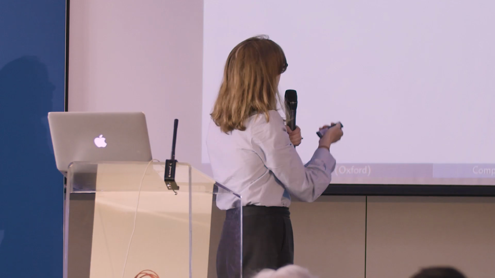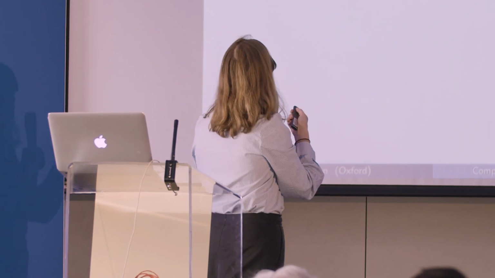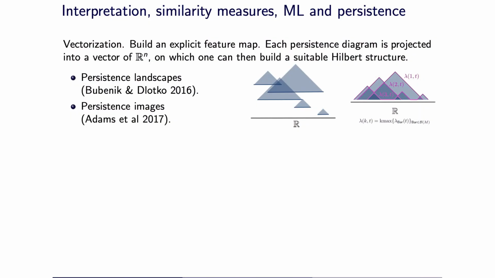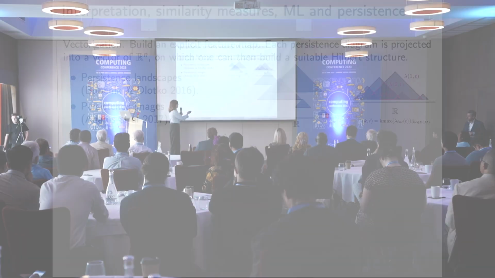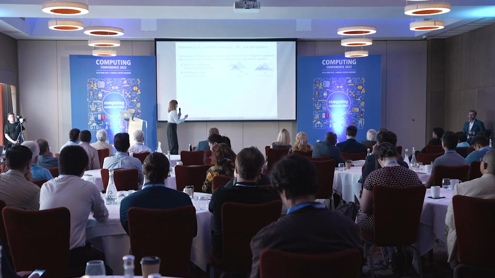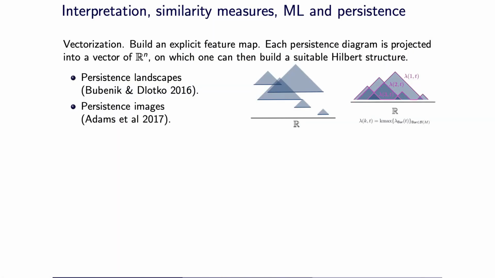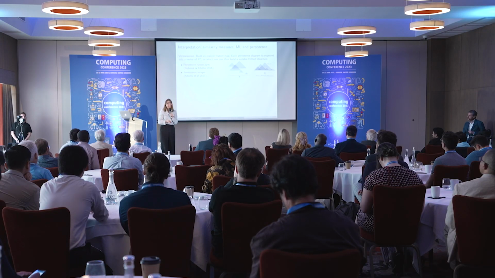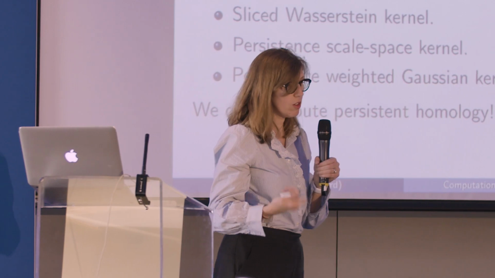In my talk today, I'm going to use both persistence landscapes, which is where you basically build like a tent function on each of these bars. And then you can see at any value along this epsilon what is the most persistent. You can see by the height, and that is given, for example, the most persistent landscape. So these are statistical ways you can take averages and put into some machine learning pipeline. Persistence images is another great way that we've been using to vectorize the barcodes. Okay. Then there's other kernel-based methods.